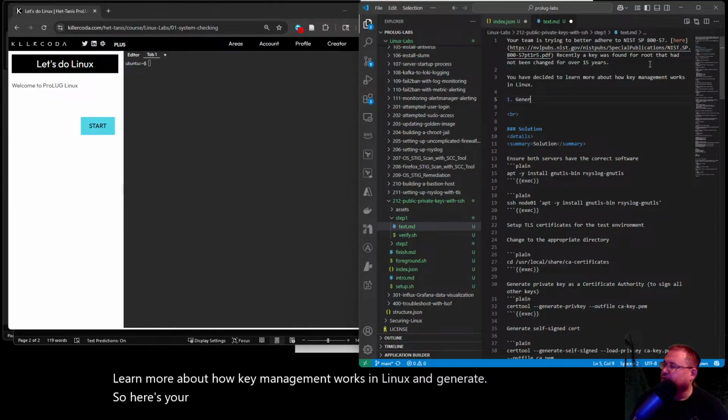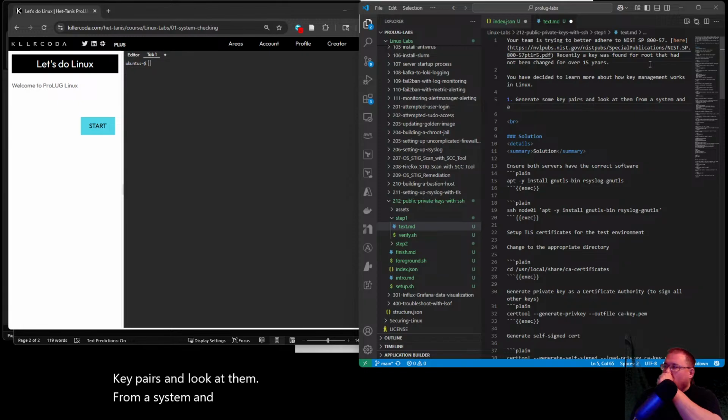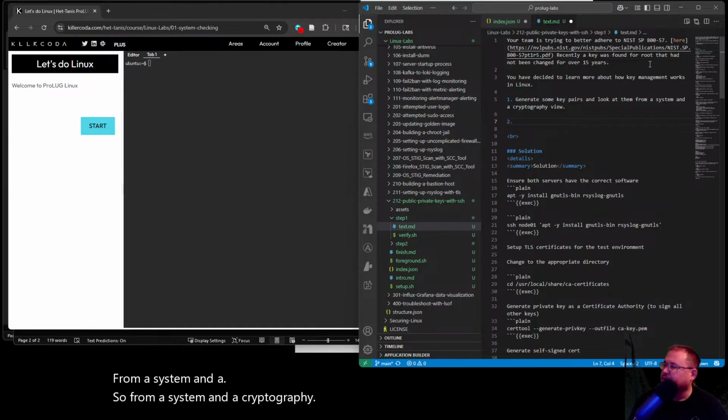One, generate some keys, key pairs, and look at them from a system and a cryptography view. All right, that's one thing you're going to do.